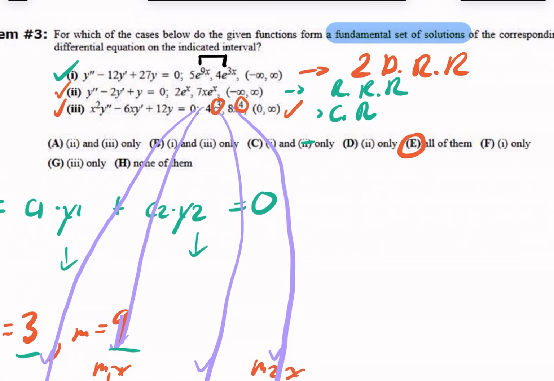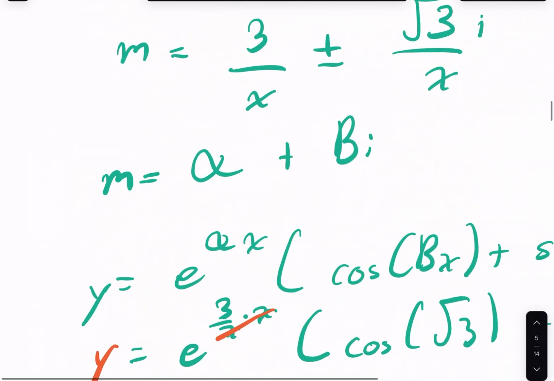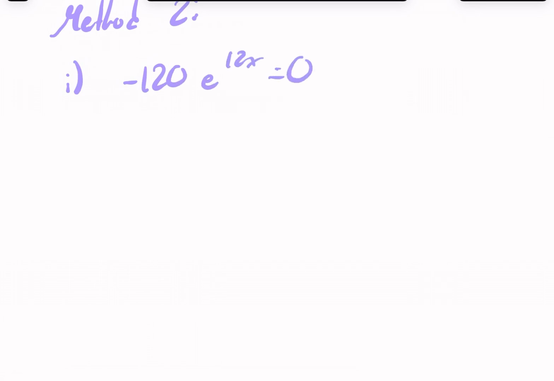Now, if that's the case, then when I take the determinant, when I take the Wronskian of these, that's exactly what I'm finding out. And so if my Wronskian is non-zero, then I have a fundamental set of solutions. And so what I did here, and it's on from negative infinity to infinity, and I'll classify this as method 2, is if we take the determinant, for the first one we'll get negative 120 e to the 12x. For the second one, we'll get 14 e to the 2x. And for the third one,